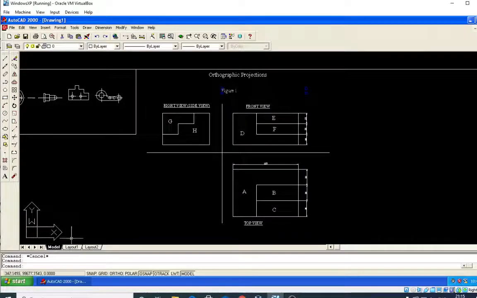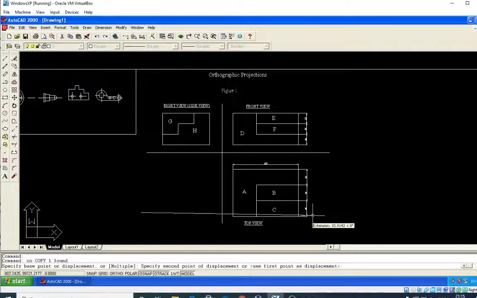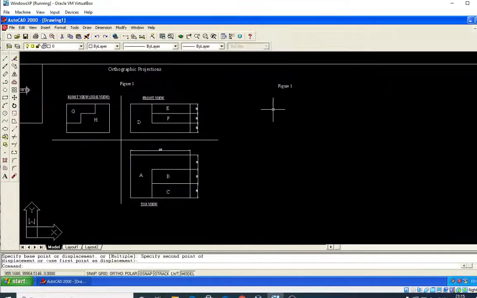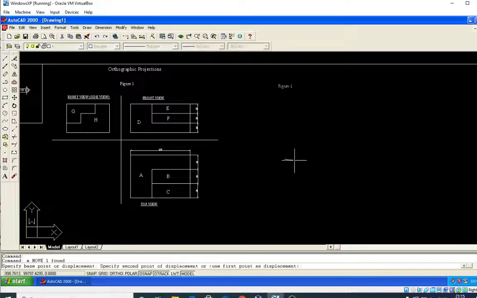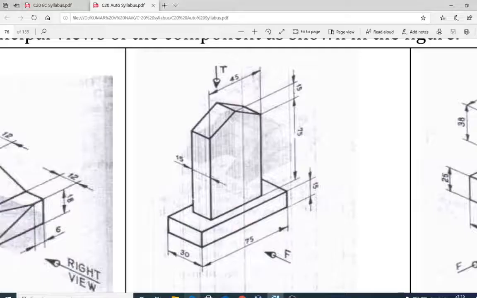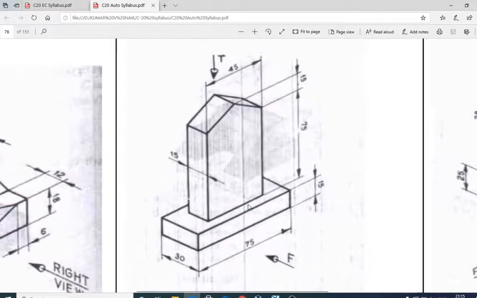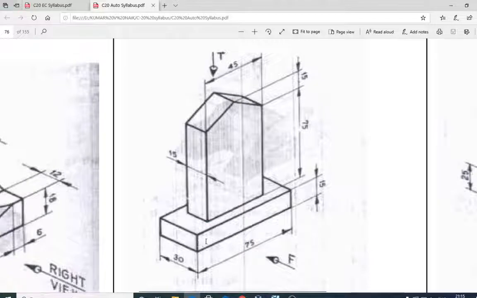Similarly, I will now draw another figure. I have taken a copy, and I will move it somewhere here, enter, and now I will start to draw the figure. The front view label should be written on the top. In the front view you can draw this rectangle of width 75 and height 15 mm.